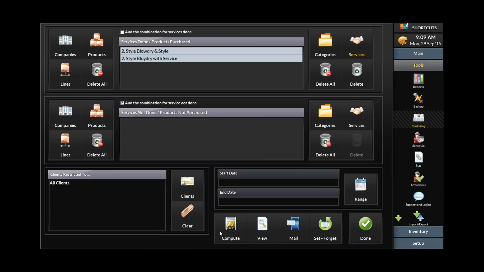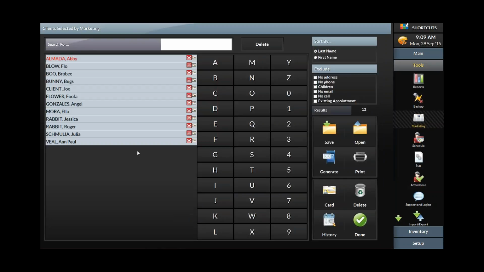Okay, and then I can compute that list. Remember, you guys, my list is going to be a little small. So you can see there, I get a list of 12 clients. Again, in your environment, obviously that list is going to be much larger. And then you guys, based upon what we've decided we're going to do with this list,